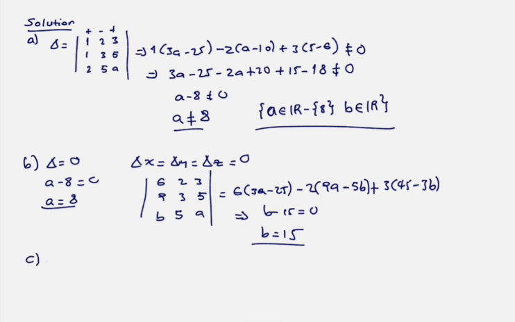ከዛ c is simple ከዚህ ዲተርማይን ማድረግ እንችላለን። ምንድነው ዴልታ should be 0 ነው የሚለን። ስለዚህ a is equal to 8. እዚህ ጋር ግን አንዳቸው ዴልታ x ዴልታ y or ዴልታ z should be different from 0. ስለዚህ b should be different from 15 ማለት ነው። ምን ሲስተማችን ምንም ሶሉሽን እንዳይኖረው